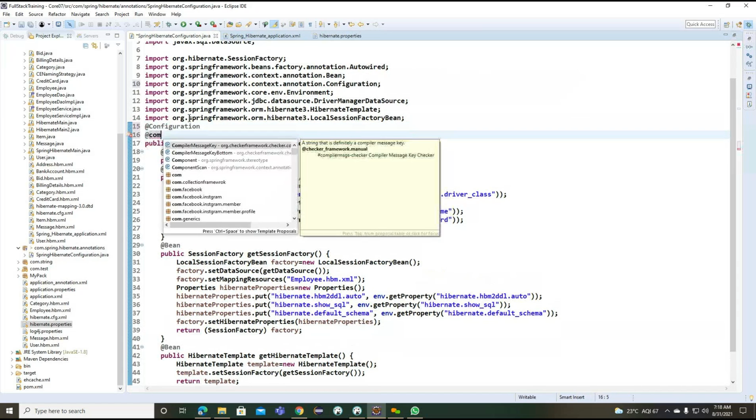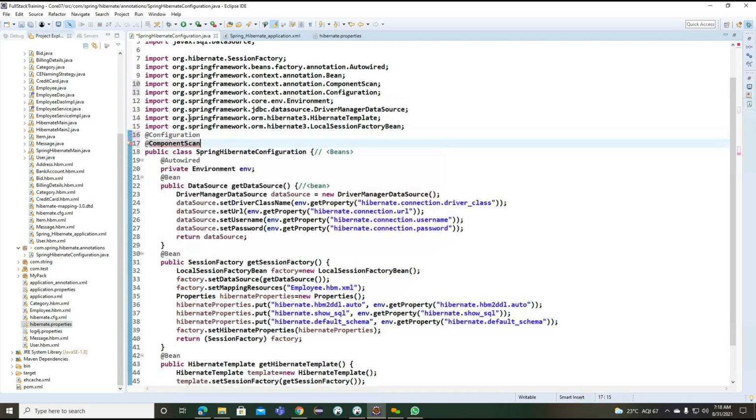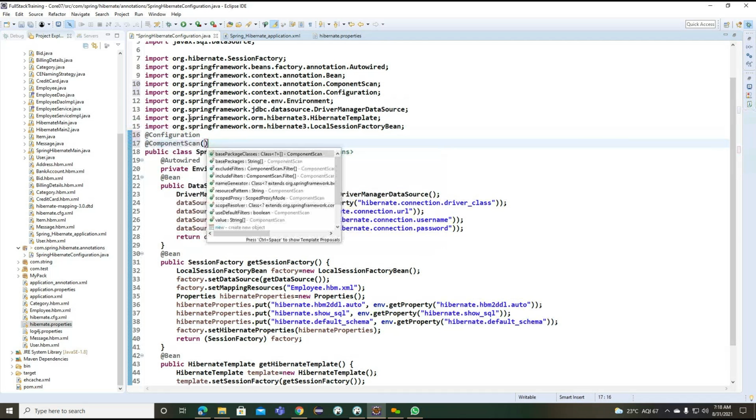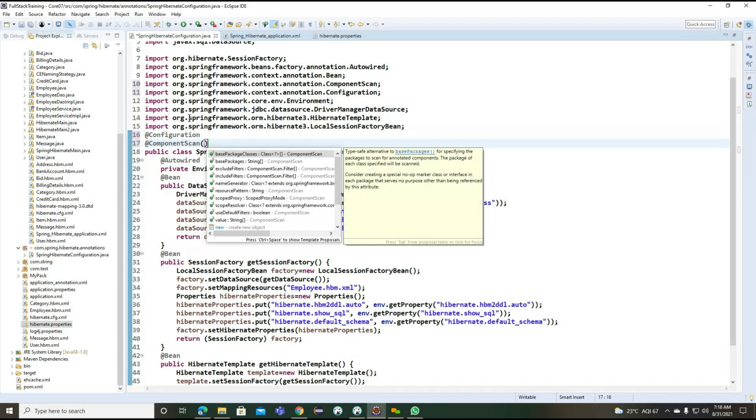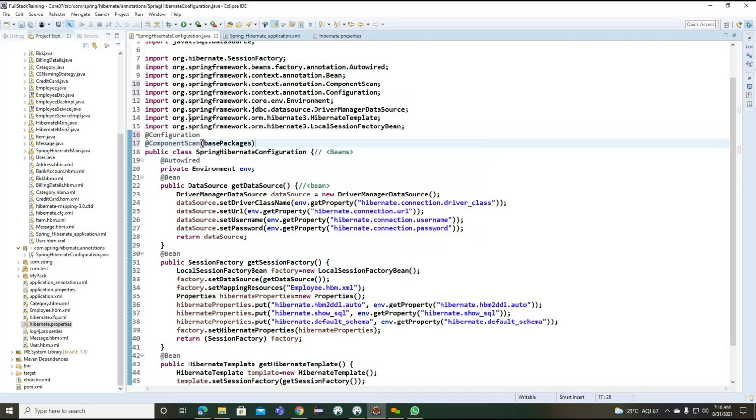And we can go for the component scan here. Getting the point? Our base packages here. What is our base package here? Spring dot annotations here.